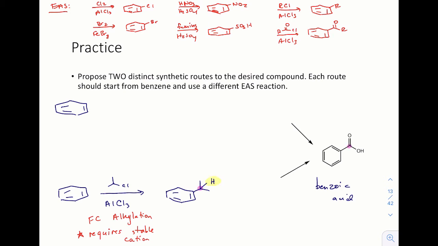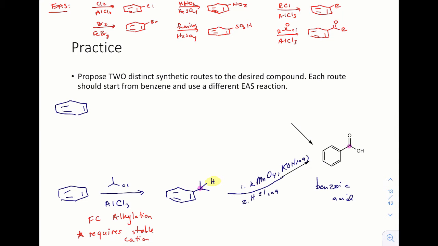So we cannot use the most stable cation, which would result from the tertiary chloride, right? That's the prototypical Friedel-Crafts. Well, that would not have this benzylic CH, so we cannot do that, but we could add an isopropyl group